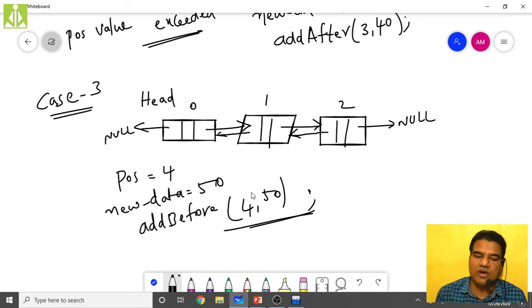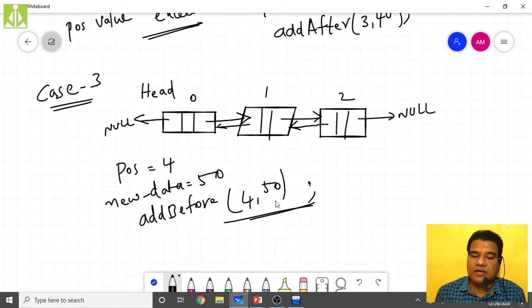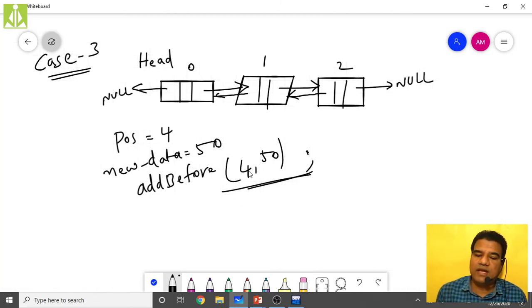So in this case we can have two options. Either we can do the insertion, but where exactly will you do it? As the first node or as the last node? Again, there are problems. So what we generally do is print an error message over here.